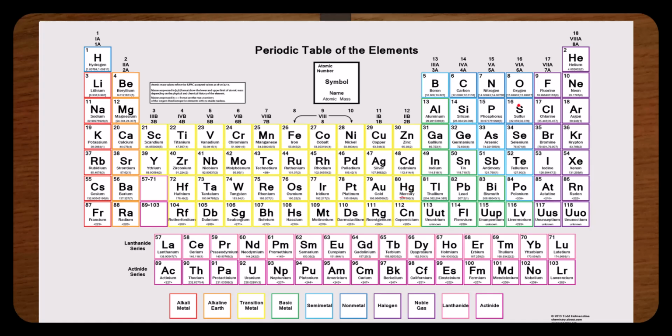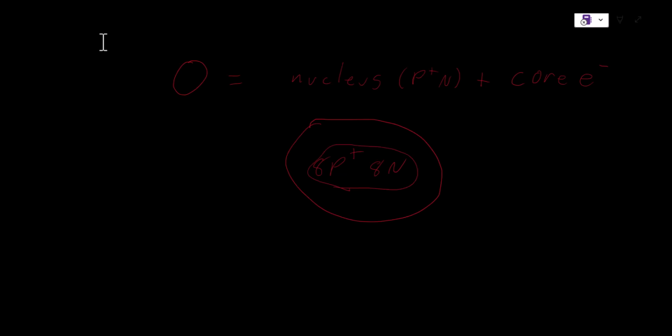If we wanted to make a Lewis symbol for oxygen, we can see that it is in group 6, so it'll have 6 valence electrons, and it's in period 2, so it will have 2 shells, and the atomic number is 8. So the symbol would be O for oxygen, and this would equal the nucleus, or the protons and neutrons, plus the core electrons, which are all the electrons that are not valence electrons. So the nucleus would have 8 protons and 8 neutrons. The first shell would have 2 electrons, and it was in group 6, so it would have 6 valence electrons